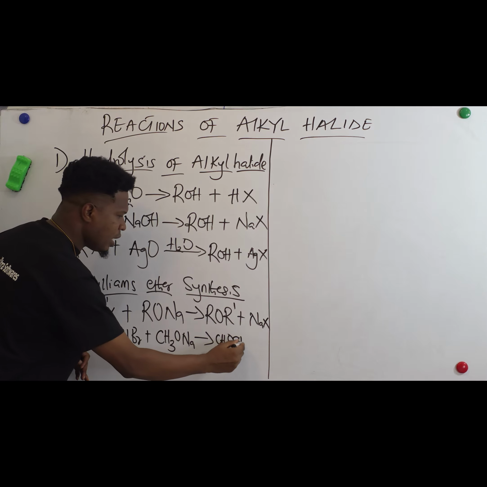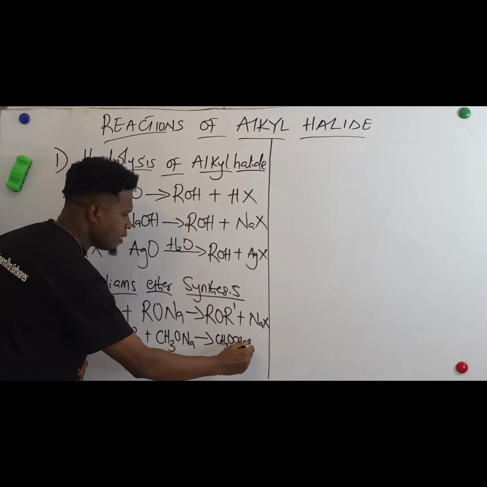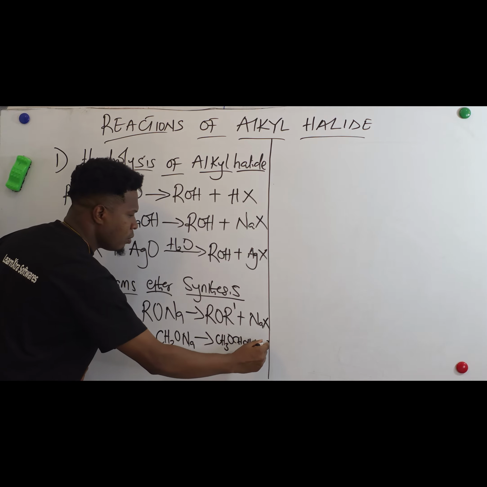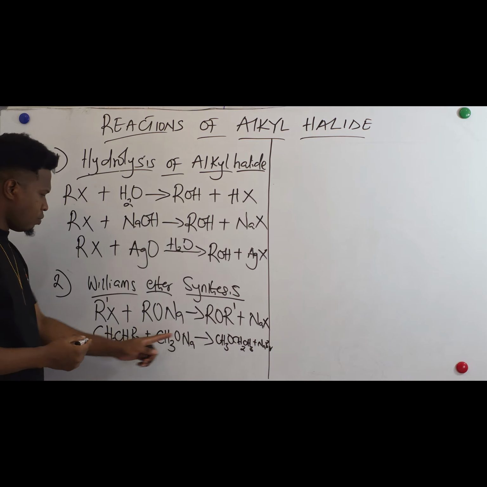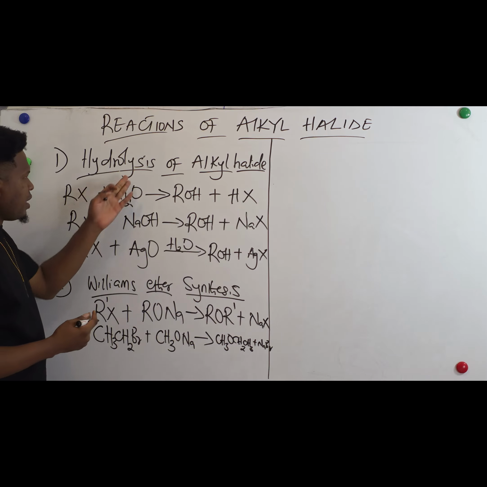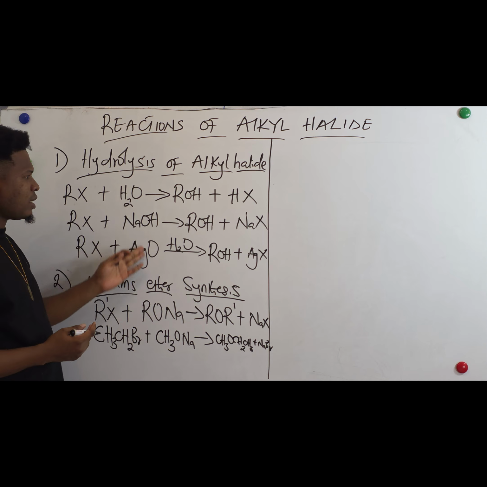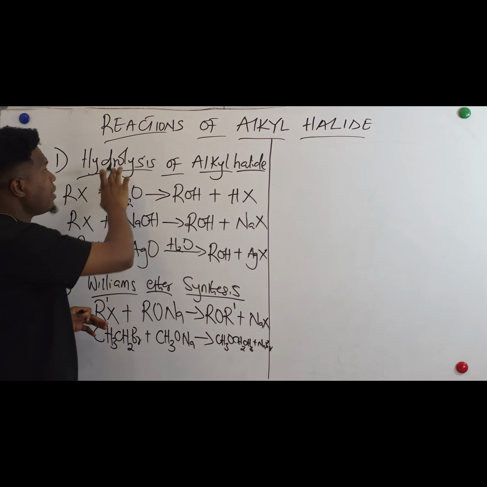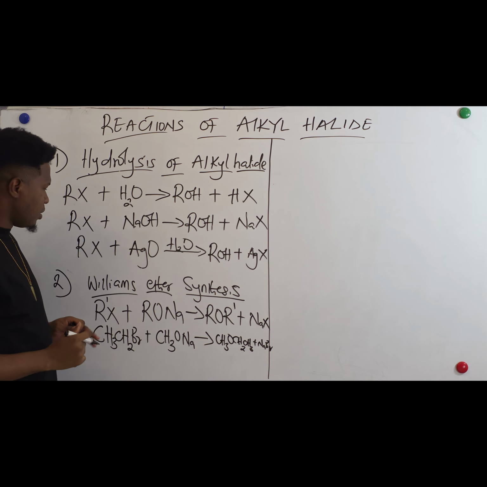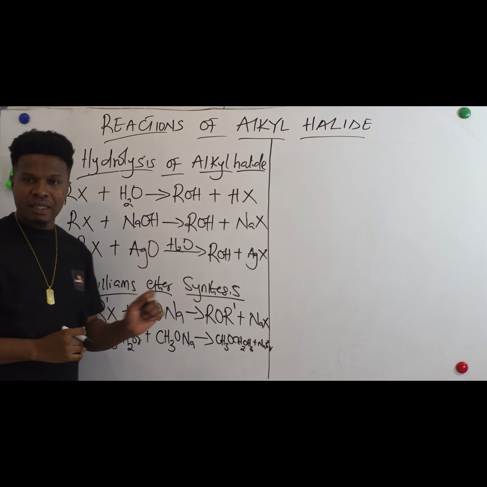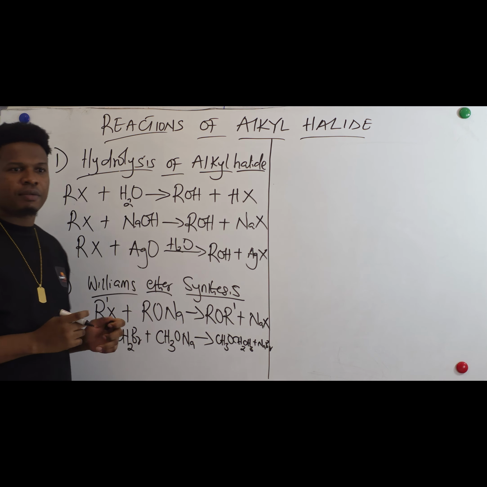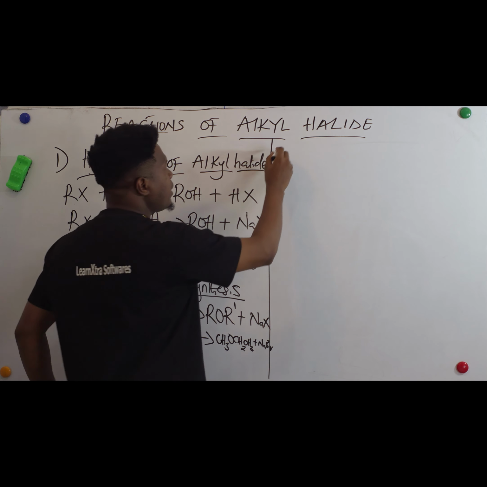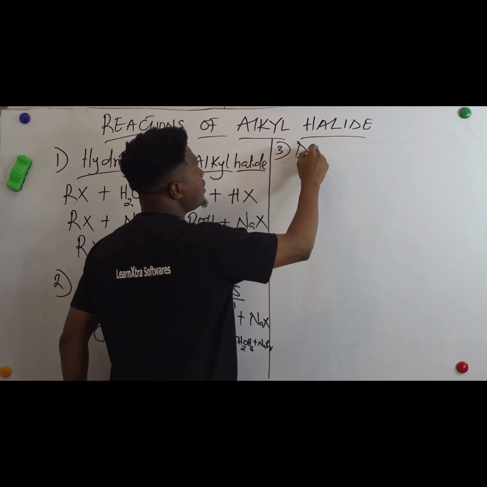You have CH2CH3 plus sodium bromide. So the same thing goes to this. So to these reactions you are seeing here, you can also use examples to represent them. So talking about hydrolysis of alkyl halide, we have this. Talking about the Williamson ether synthesis, we also have this. So the next reaction will be